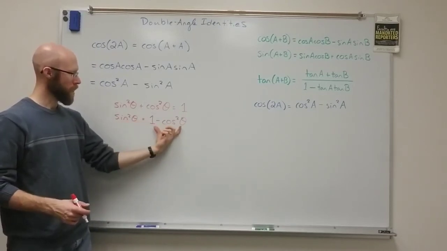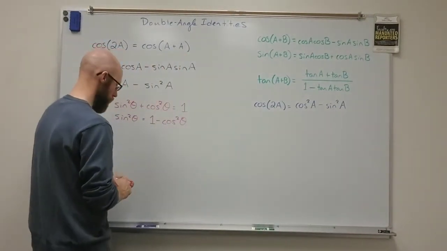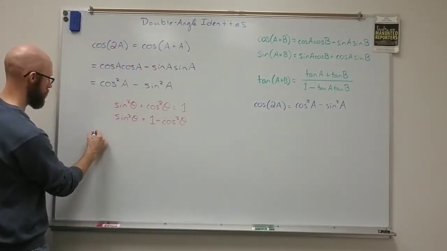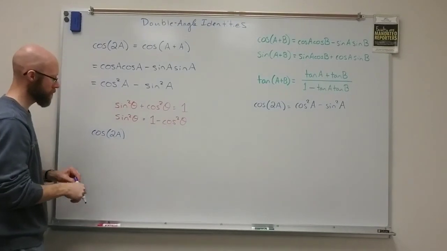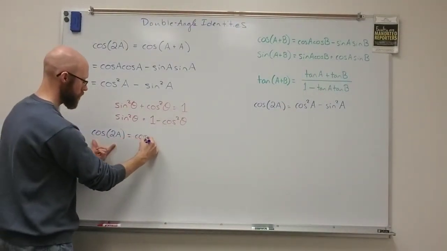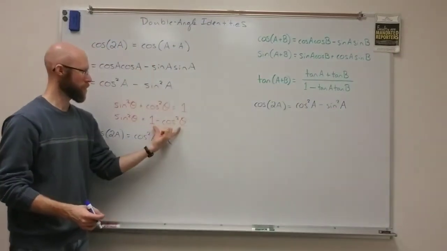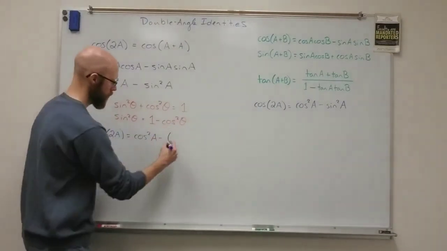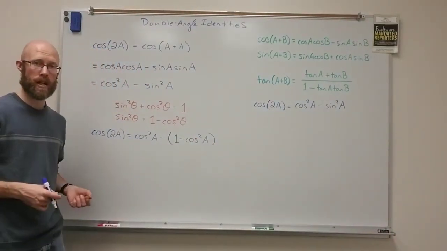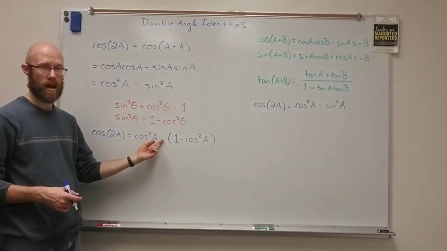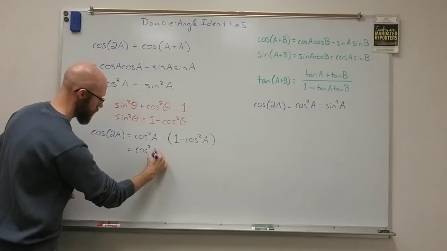And so if I take 1 minus cosine squared and plug it in for the sine squared here, we would end up with the cosine, and I'll write this off. We'll develop it on the left and then I'll put the final formula on the right. Cosine of 2a equals the cosine squared of a minus the sine squared gets replaced with this expression. Of course, I'll switch it over to a's. So it's 1 minus cosine squared of a, okay, using the Pythagorean identity. Now I distribute this minus sign and then combine my cosine squares. So I get cosine squared a minus 1